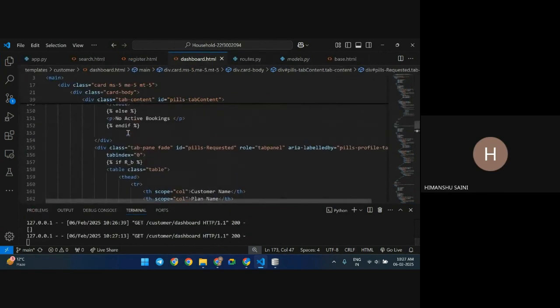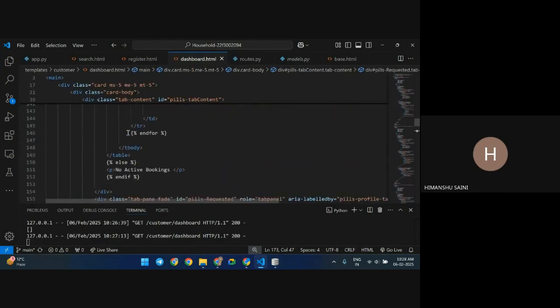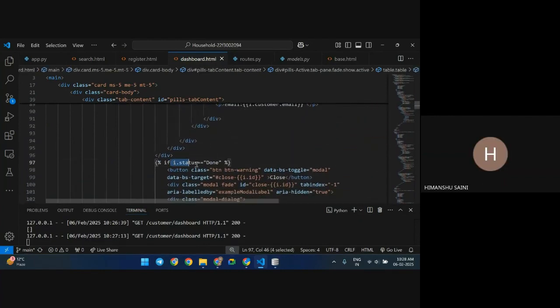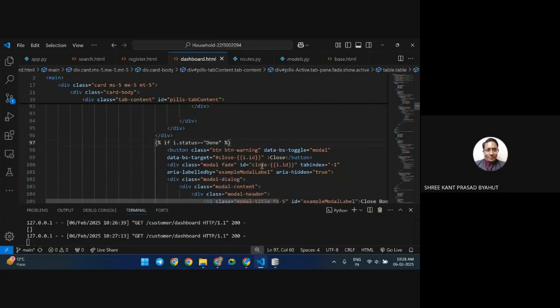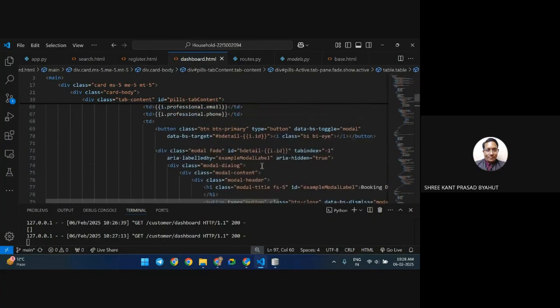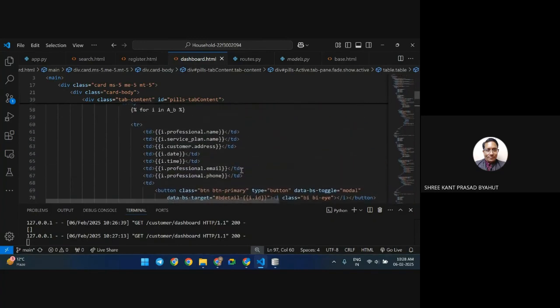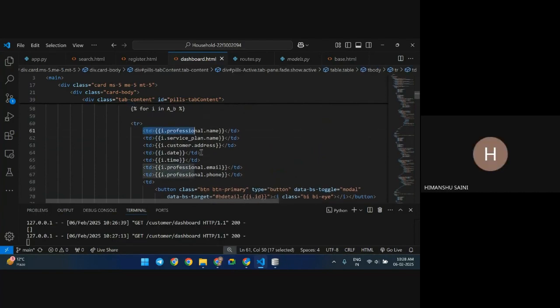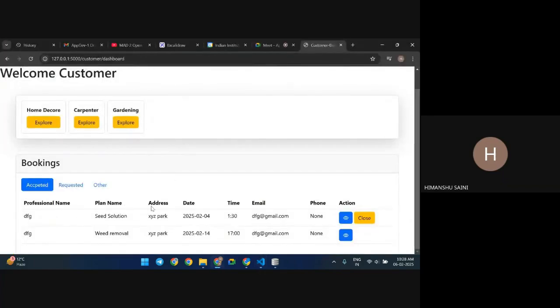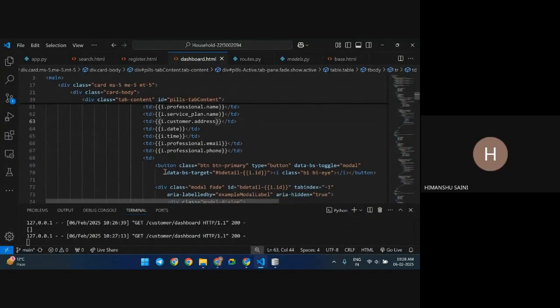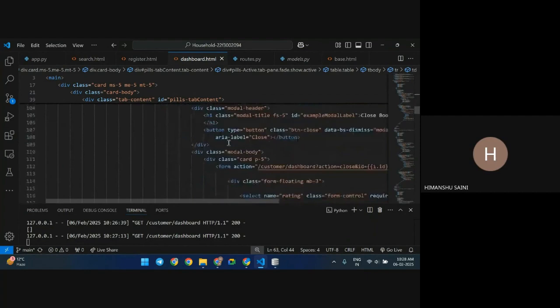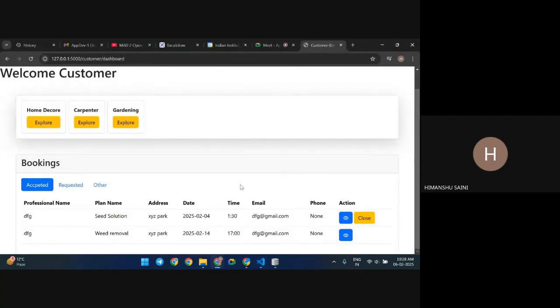So this is the active booking. Here, if the status is done, I have written this. In the active booking, these are the other columns: name, plan, address, date, time, email, phone, and after that, this is the I button. The I button we will see for every booking, but after that, this is a new